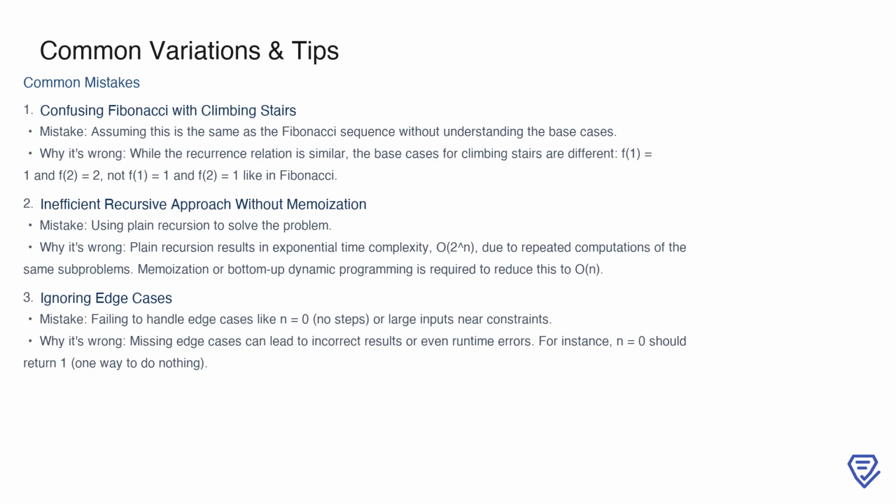When solving the climbing stairs problem, there are a few common mistakes to watch out for. First, some people confuse this problem with the Fibonacci sequence. While the recurrence relation is similar, the base cases are different. For Fibonacci, f(1) equals 1 and f(2) equals 1. However, in climbing stairs, f(1) equals 1, but f(2) equals 2, because there are two distinct ways to climb two